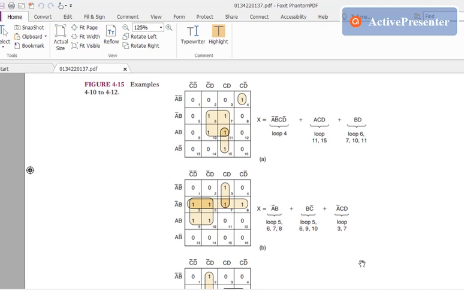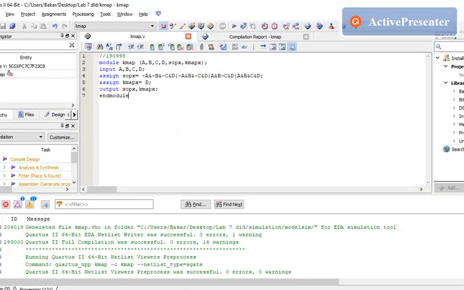Let's move towards our Quartus implementation. Here is our code for the expression. On Quartus we will give the module all of the variables it requires. We'll give four inputs and two outputs: one is for our standard output, and the second is for our simplified or reduced output used for the K-map.